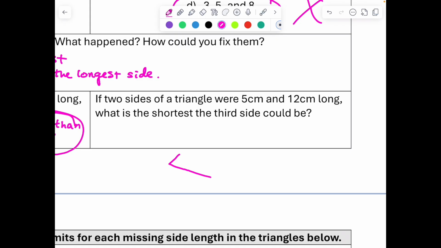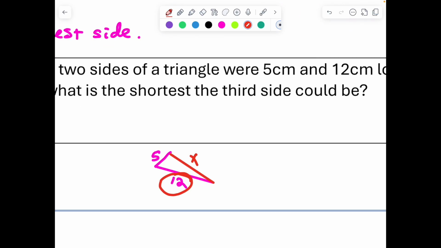What is the shortest it could be? What if instead 12 was the longest side? Then the two shorter sides, 5 and our mystery side, have to be greater than 12. So if we subtract 5 from both sides,